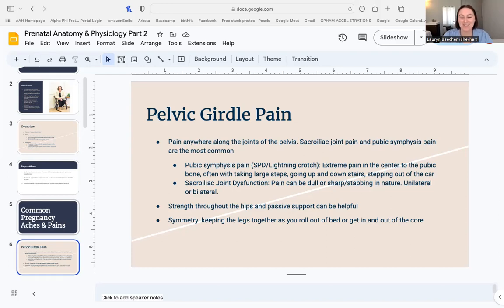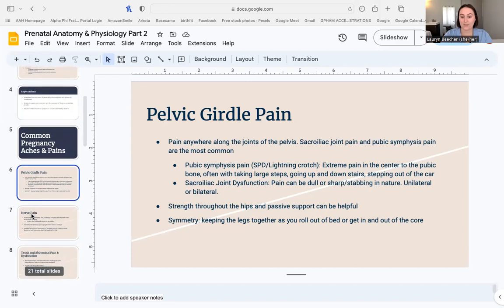Can be really helpful. So one tip that I like getting in and out of the car, if you just kind of hook your ankle underneath your heel or underneath your other ankle, it can be an easier way to keep those legs together, to then swing both legs out of the car and stand up, or first sitting your butt back and then swinging both legs into the car together. Can be really helpful in allowing someone to still be out and about and moving without as much of that pain.